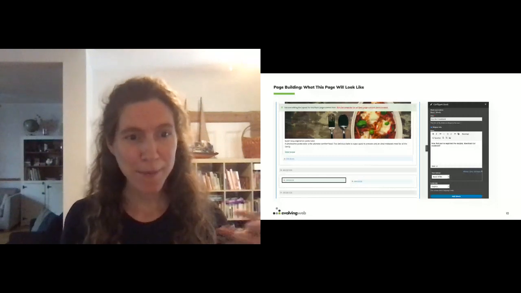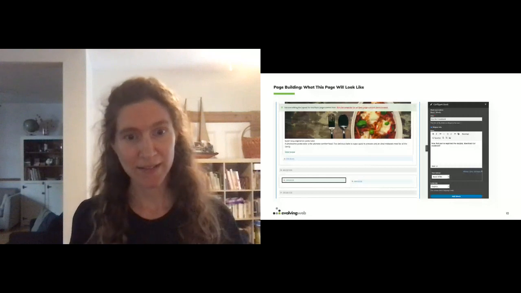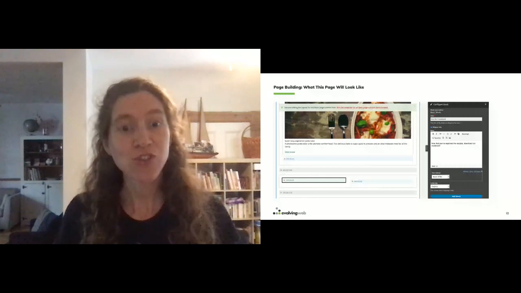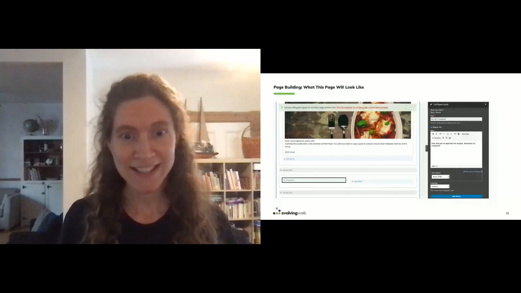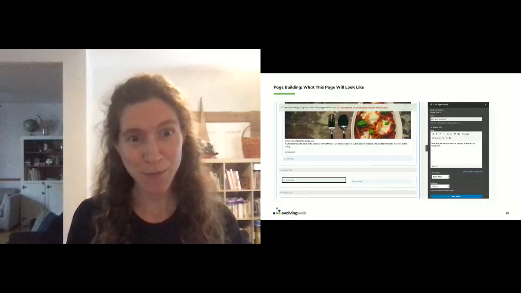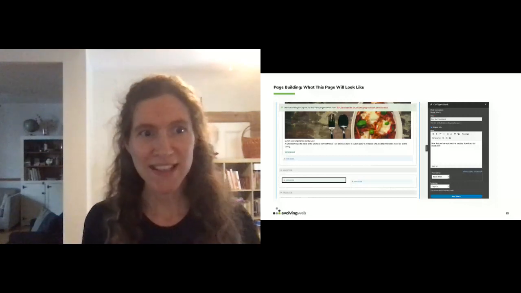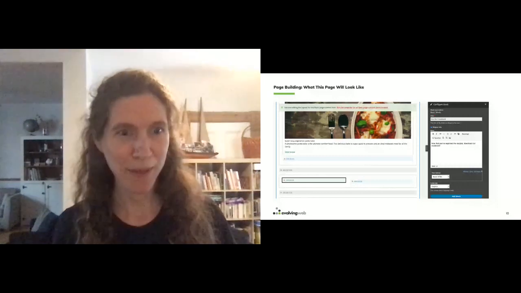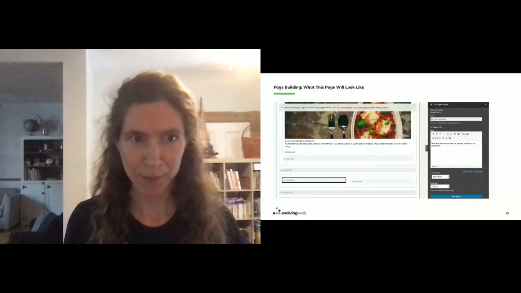And so their ability to create a page that's not just a standard set of fields, but a more visual page, where the content editor is actually selecting not just the content and the fields that are input, but actually a little bit about the content structure itself. So that's what I think of as page building. It's a little bit more advanced than content editing, but it's not the same as layout building.